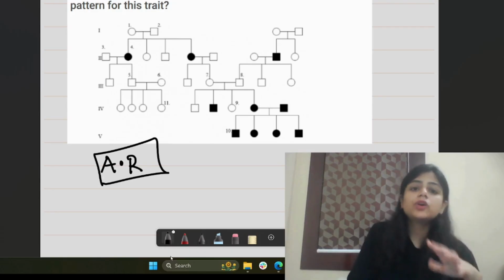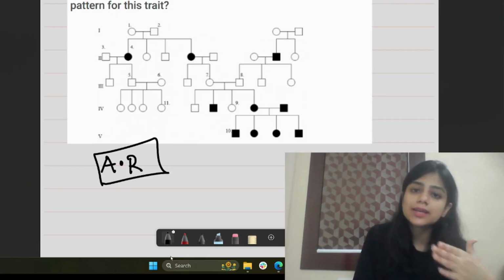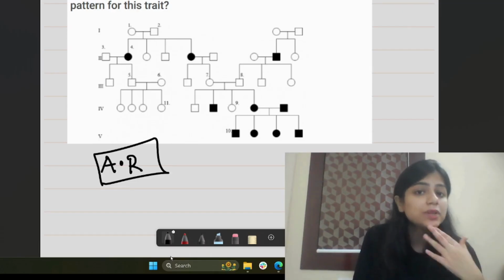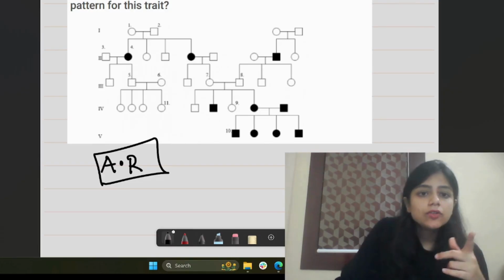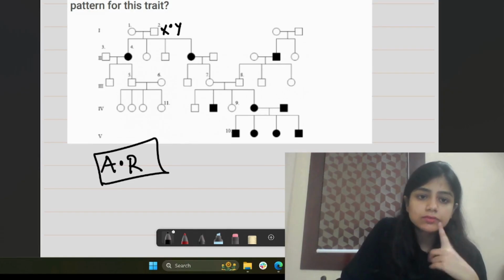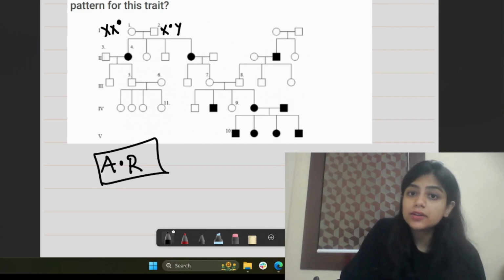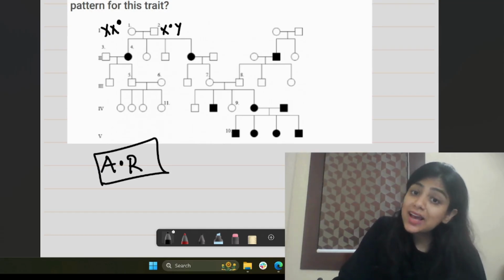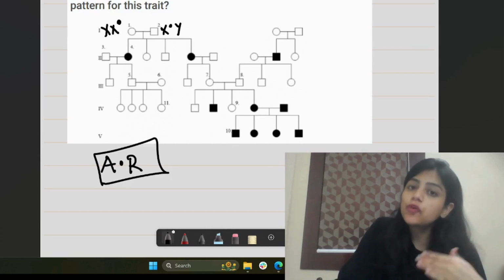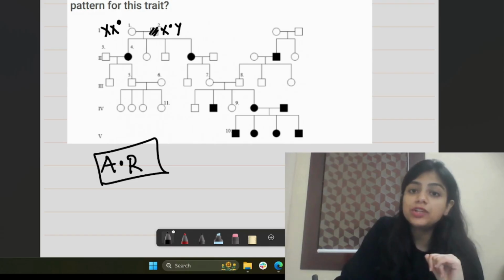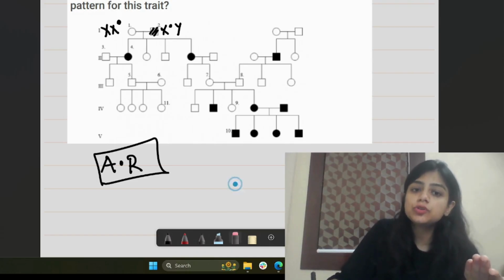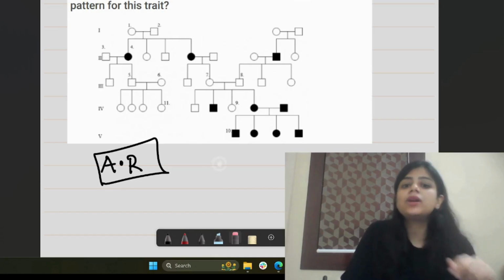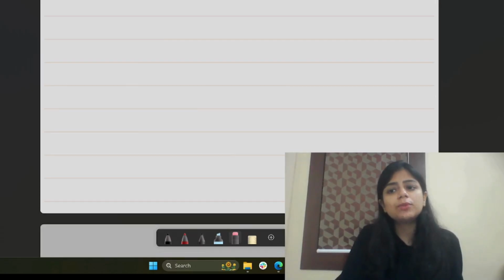Why? Because for the female, if I'm talking about the sex-linked recessive, if you consider it to be sex-linked recessive, this has to be affected. Even if she is the carrier, definitely she will not show the affected symbol. But for the female child to get affected, the male has to be affected for sure. So for the male to be affected, it has to show a bridge one. In the diagram, it doesn't show. That is why this is to be autosomal recessive. I hope now the questions will be well enough cleared.